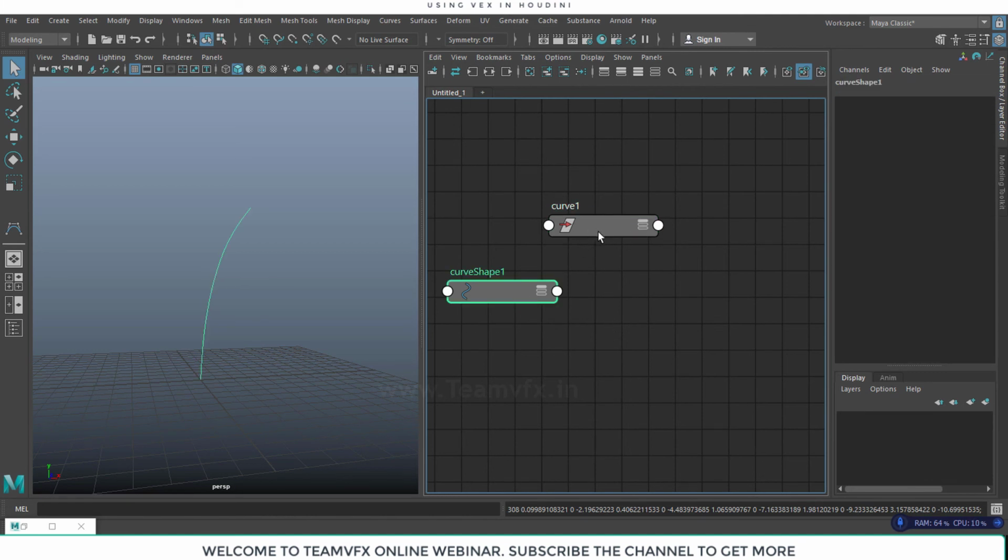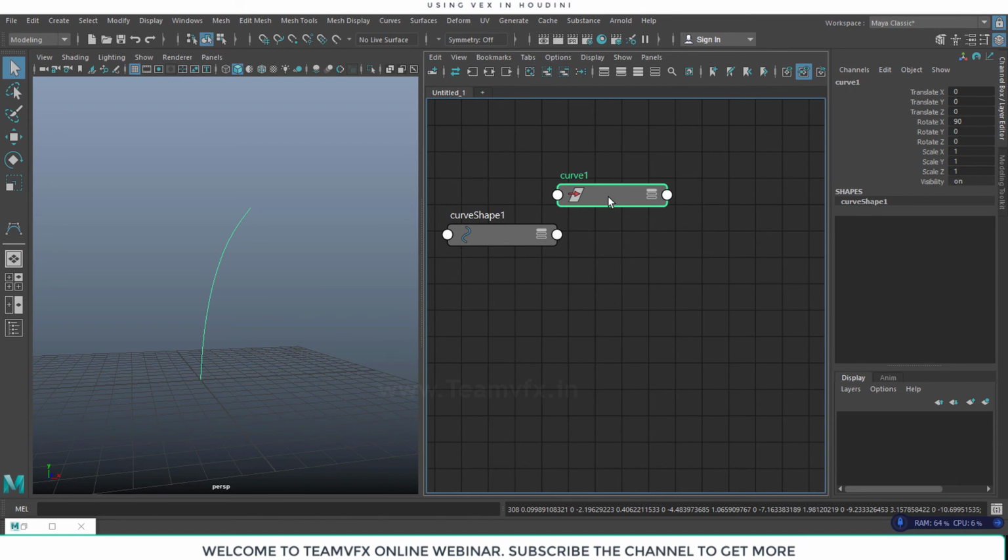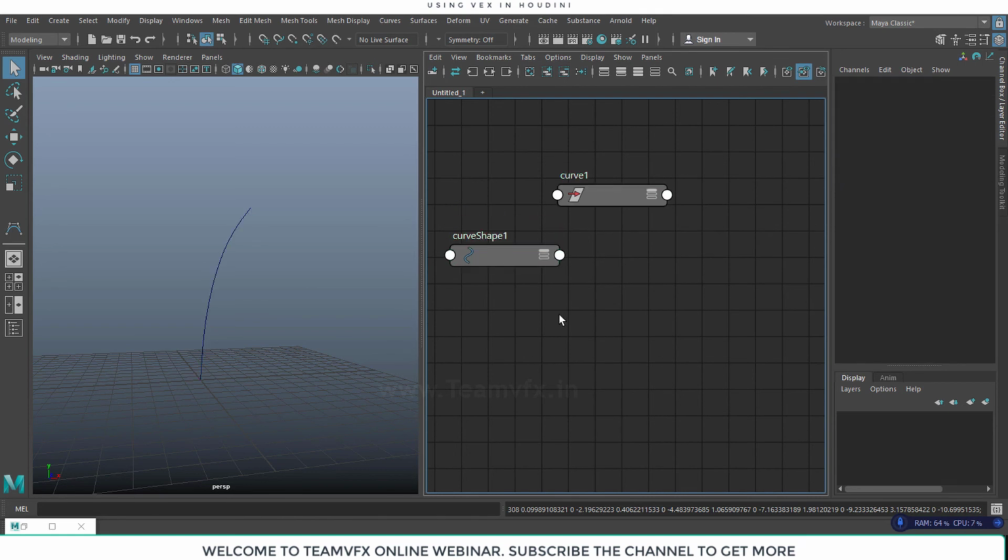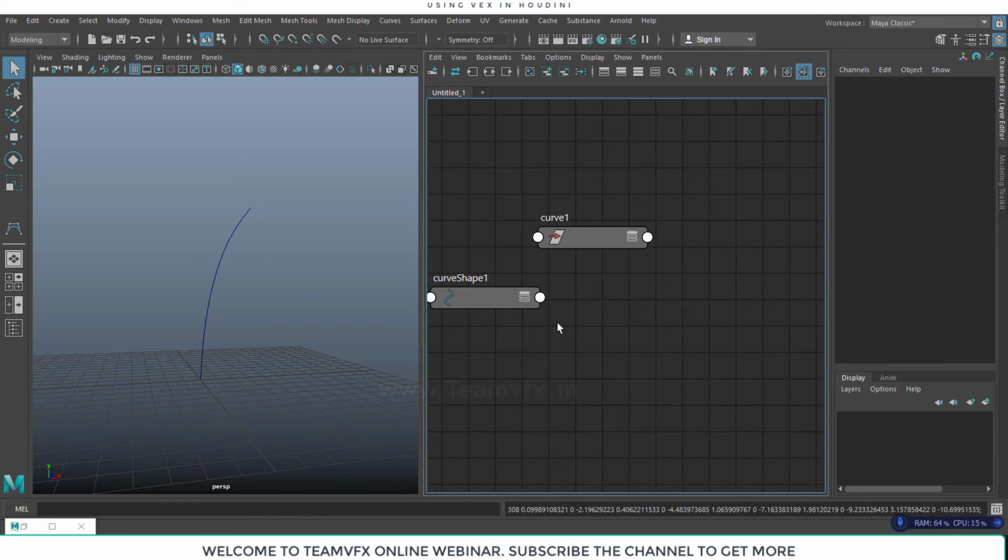This is the parent node and this is the child node. Usually the transform node comes as the parent node. Now we need a revolve command to make a surface, so for that we will put in a revolve.